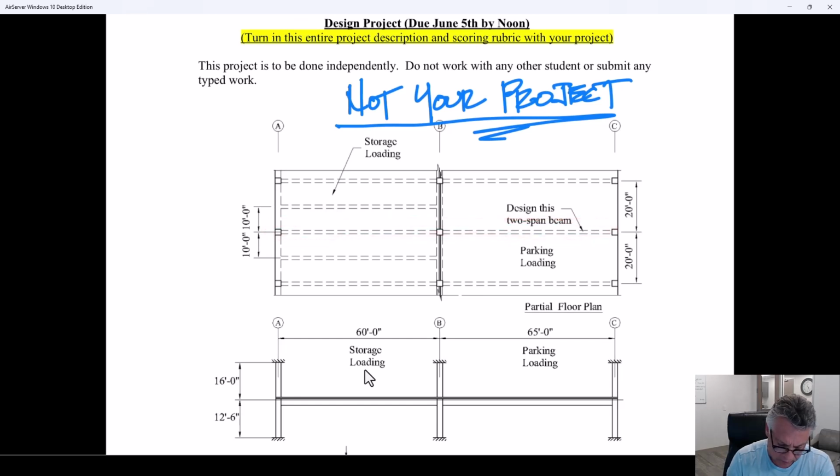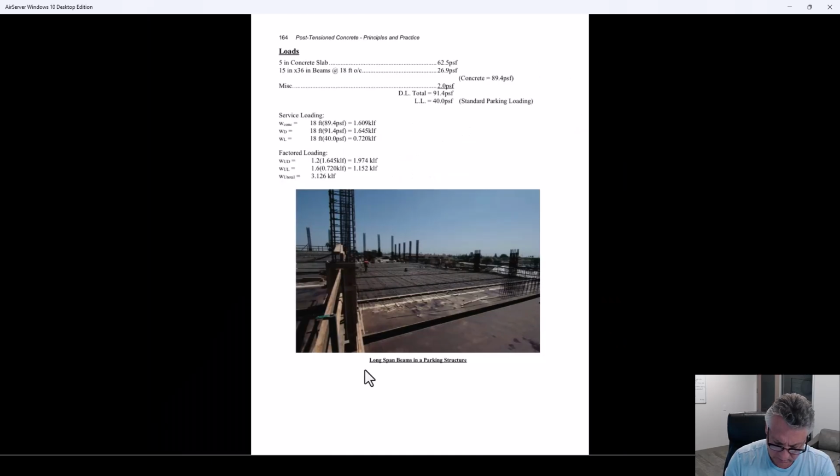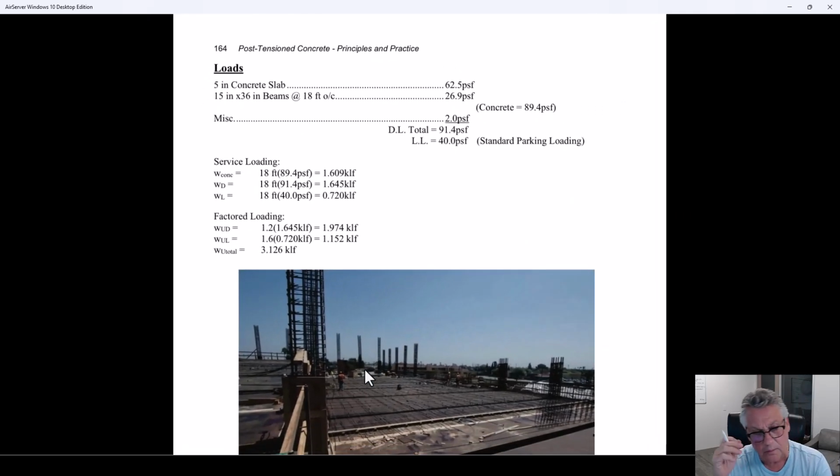On one side, the tributary area is 10 feet. On the other side, it was 20 feet. But we multiply the pounds per square foot times the tributary area, and get a line load on the beam. That's all fine. My frustration in the past has been that some students, and I'm talking to you, Cal Poly